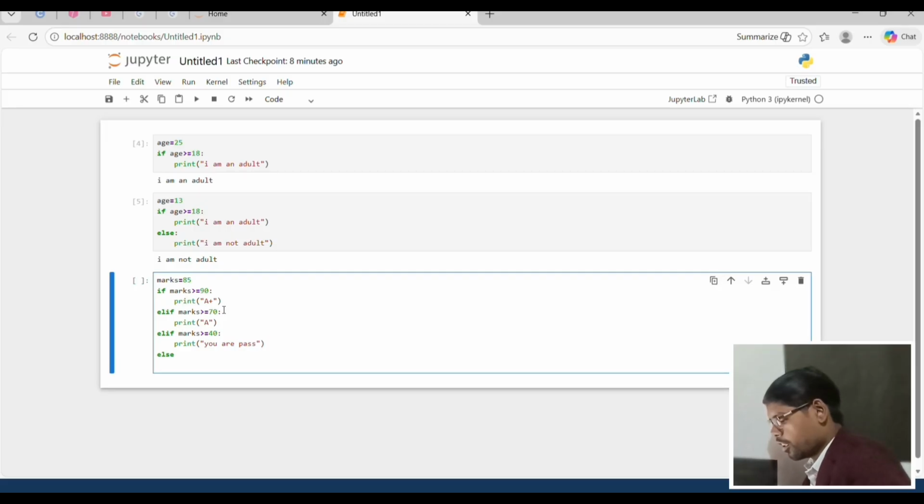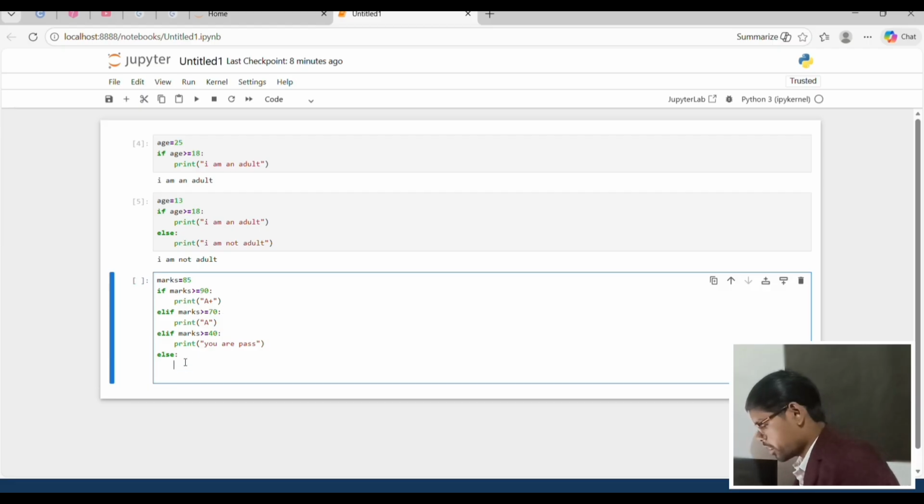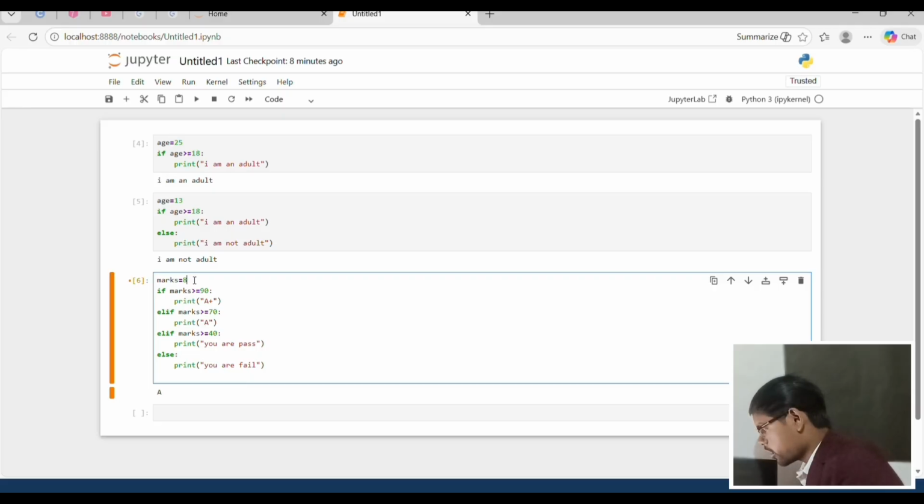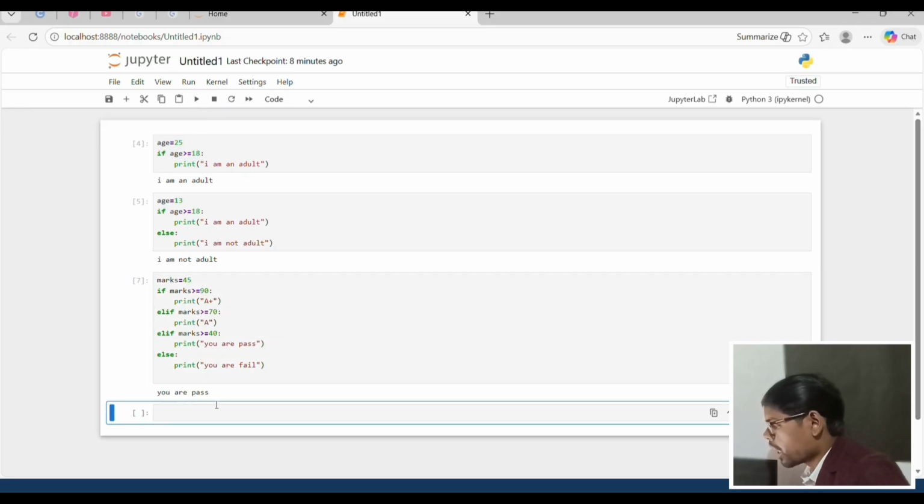And last the else condition, because this condition is false, this condition is false, this condition is false, so print this line. Run and check. Yes, the A condition runs, because the first condition is false. Check 45: you are pass.